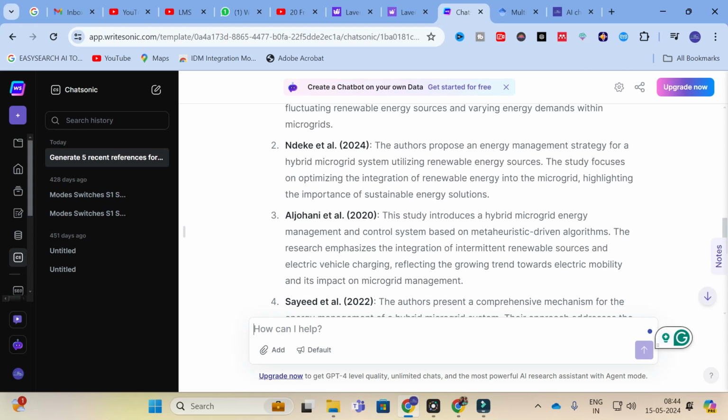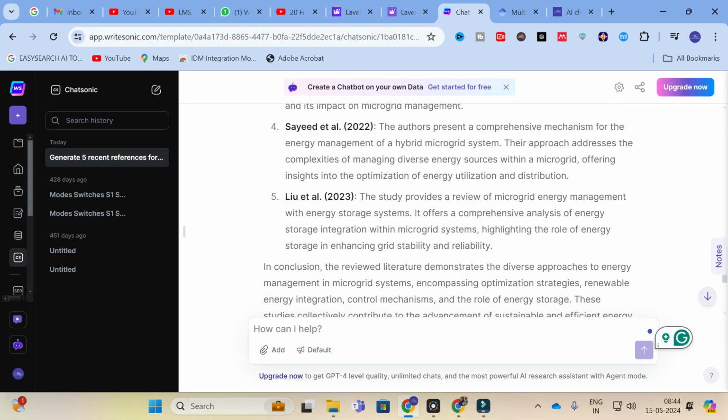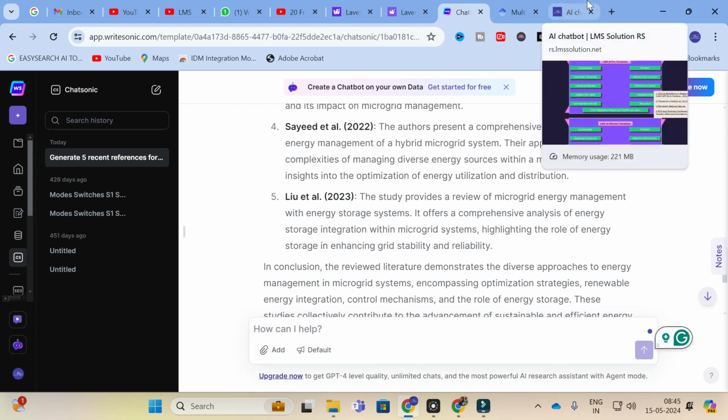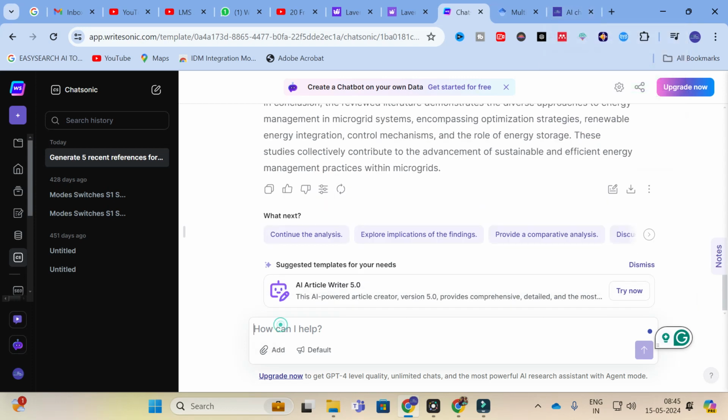When you are going for a review paper or a SCI indexed paper, you may not use this kind of literature review. You can go for a detailed literature review, using tools like our LMS research support tool or any other literature review writing tools. Okay, next we will make from the